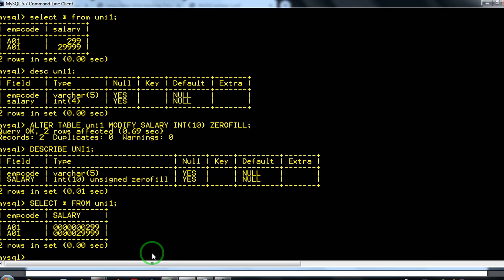So let's insert one more value. Insert into UNI1 values. Now let's try a value which is more than 5 in case of EMP code. Suppose I have entered over here the code ABCDE, and I have entered 1 to 6 characters over here,